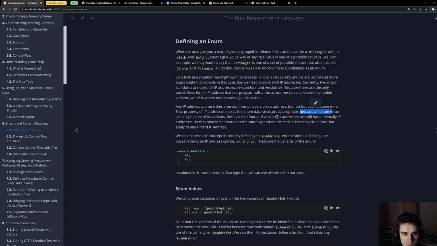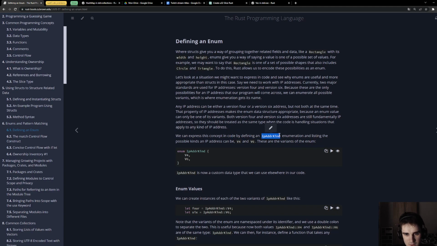Because an enum value can only be one of its variants, both version 4 and version 6 addresses are still fundamentally IP addresses, so they should be treated as the same type when the code is handling situations that apply to any kinds of IP address. We can express this concept in code by defining an IpAddrKind.